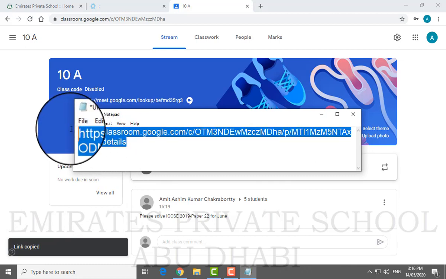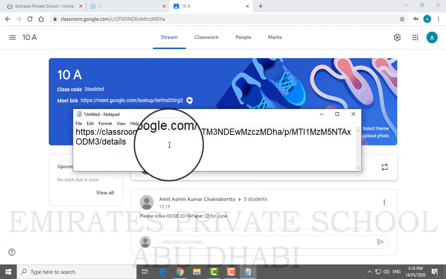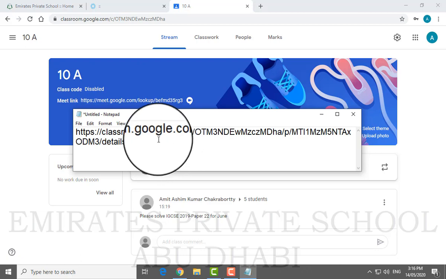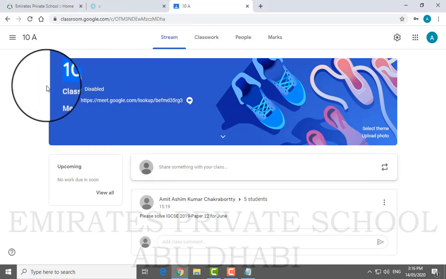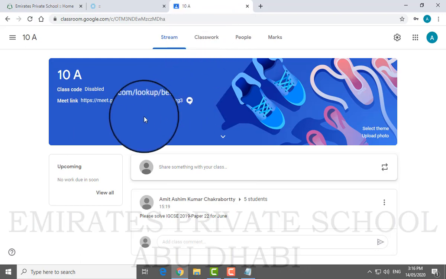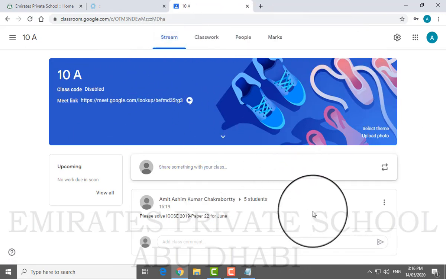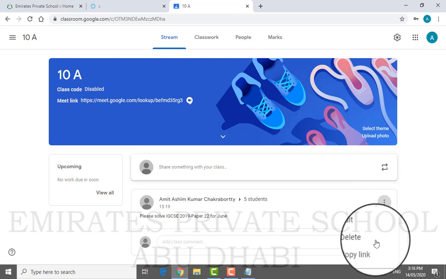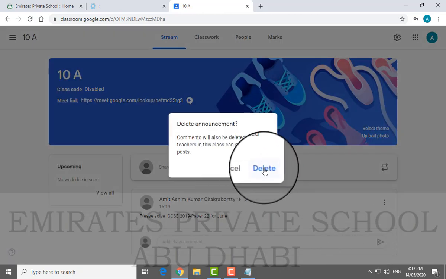Now you can copy and paste this link on an SMS, email, WhatsApp, whatever it is, but remember one thing, the person cannot get activation of this link unless they have the authorization in terms of username and a password. So if they don't have a username and a password, Google will not allow them to enter in this particular classroom of grade 10A. Fine. This is one part of a stream. So the purpose of a stream is to announce something. I'll delete this post from here for the time being.